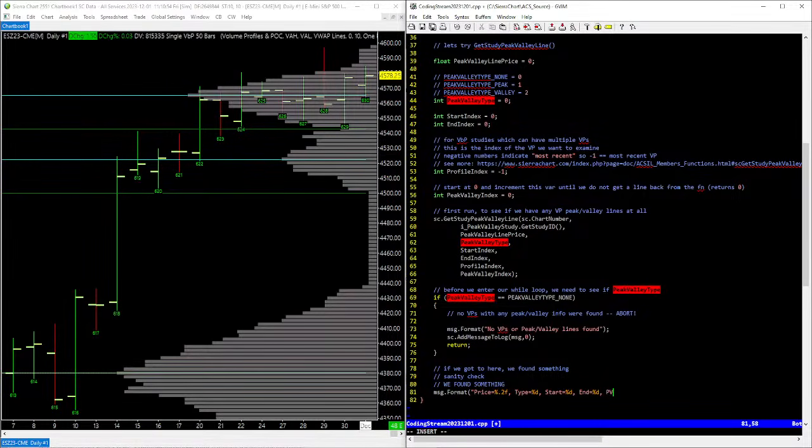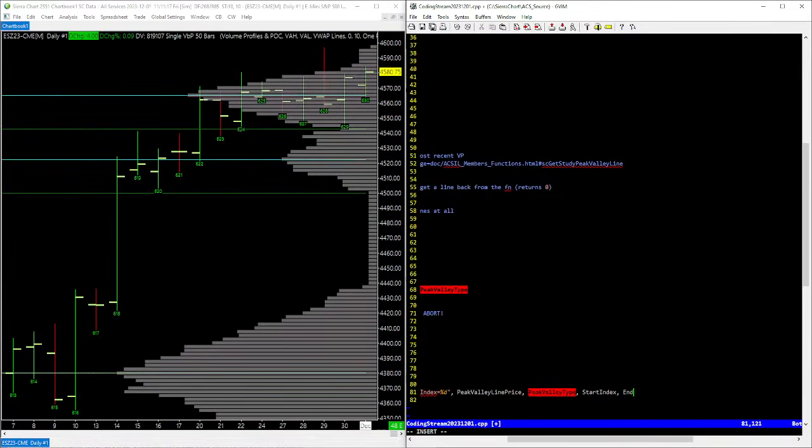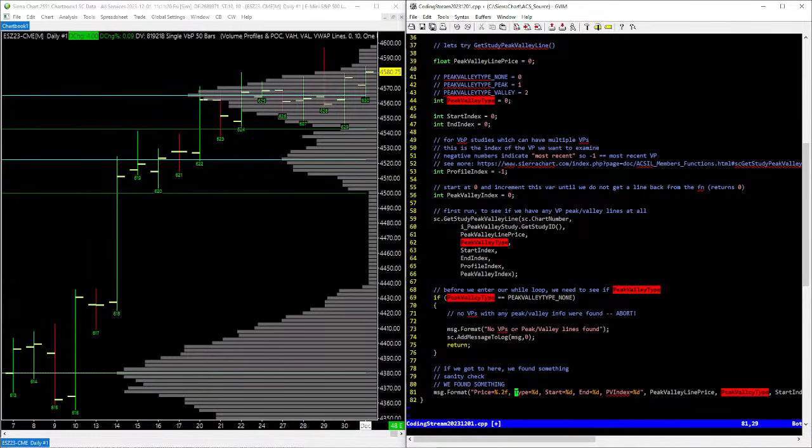I'm just going to call it PV index, just for short, equals an integer. So let's go ahead and set our price, which is peak valley line price. Let's go ahead and set our type, which is peak valley type. Let's set our start index, our end index. Let me move this down so it's a little bit easier to see. And our peak valley index,